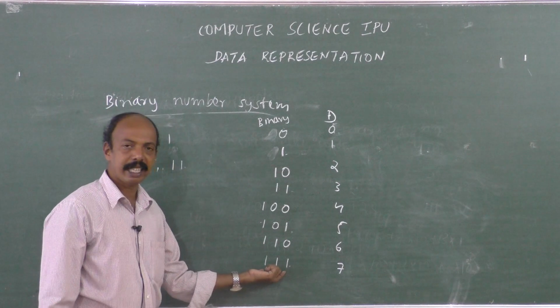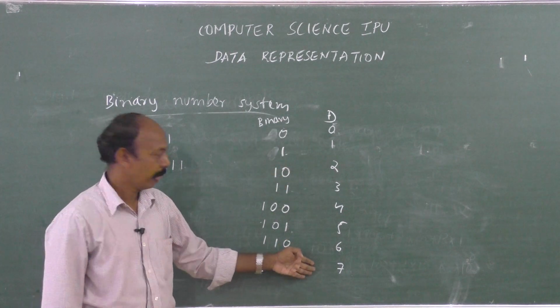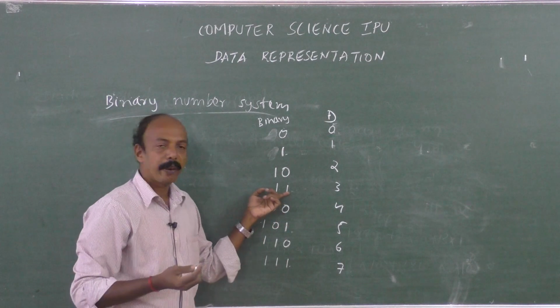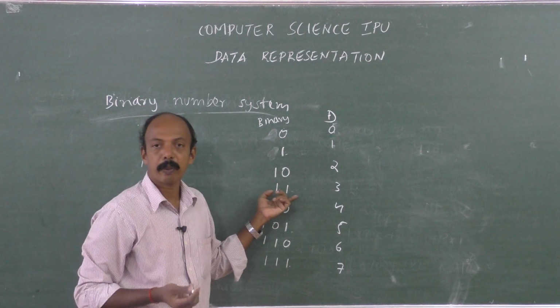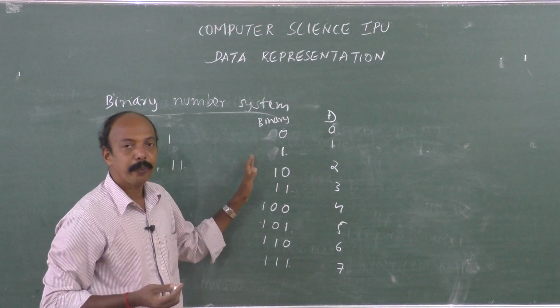Because the only reason is that it has only 2 symbols. Here we have 10 symbols. After writing this, suppose we get a confusion whether we have written it properly or not. What to do? You just add it up. Already we have seen the weights.